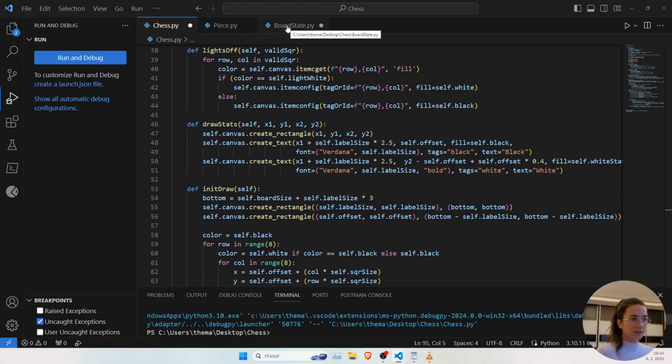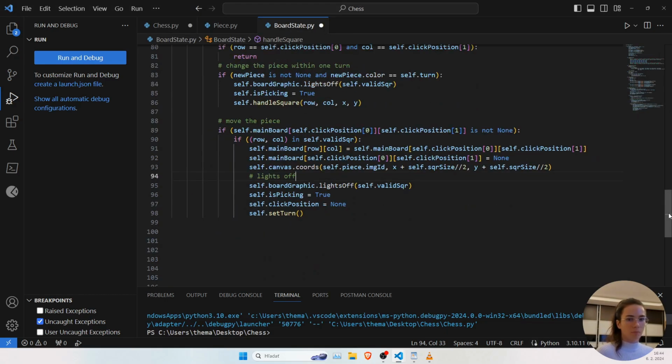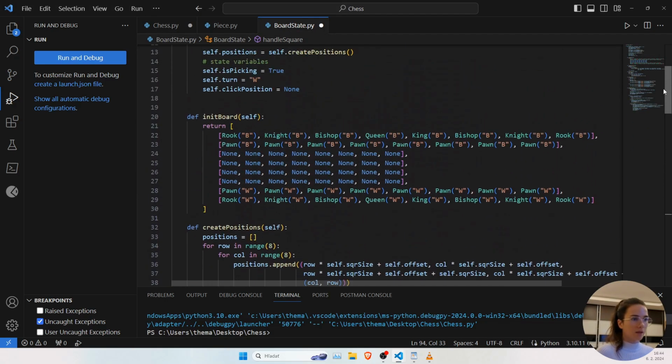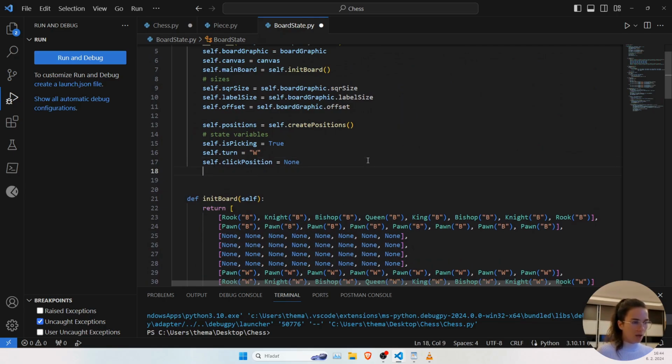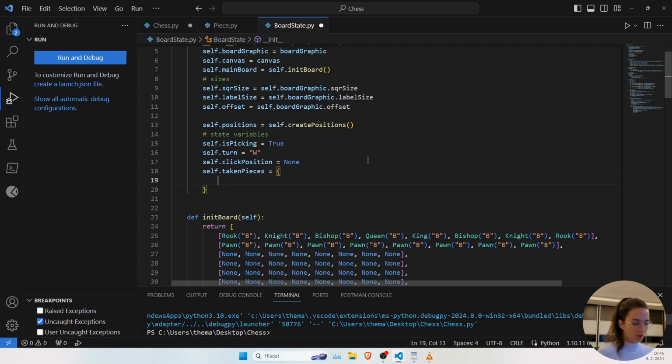So firstly, we need to move to our board state, and here we need to define a new state variable. In this variable, we will be storing which pieces have been already taken, and I will literally call it taken pieces,